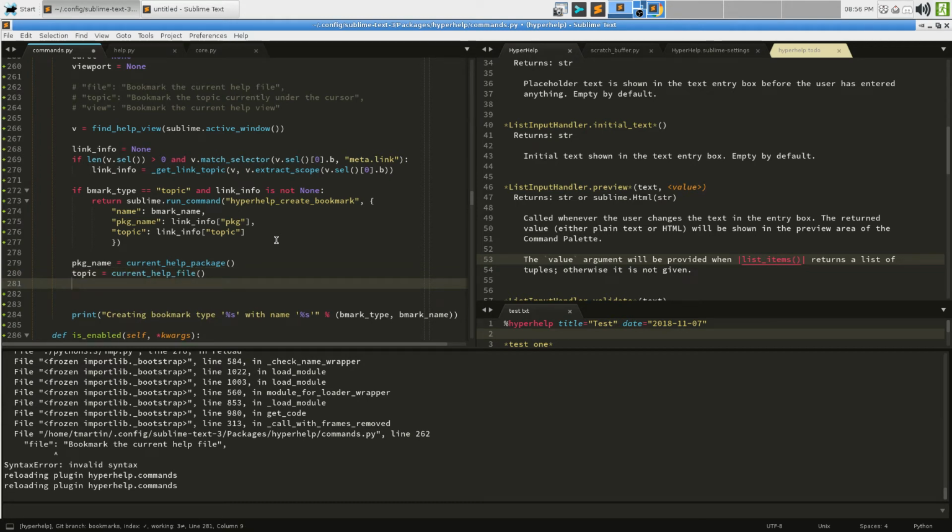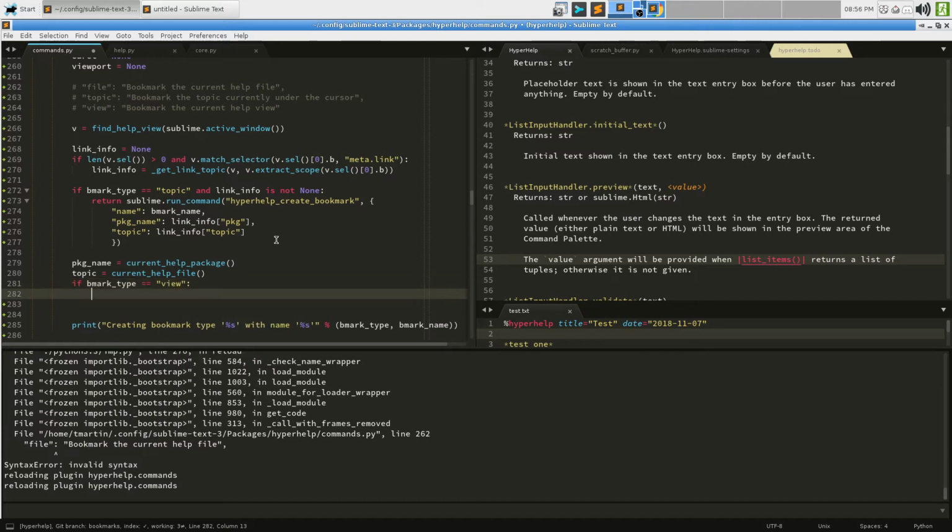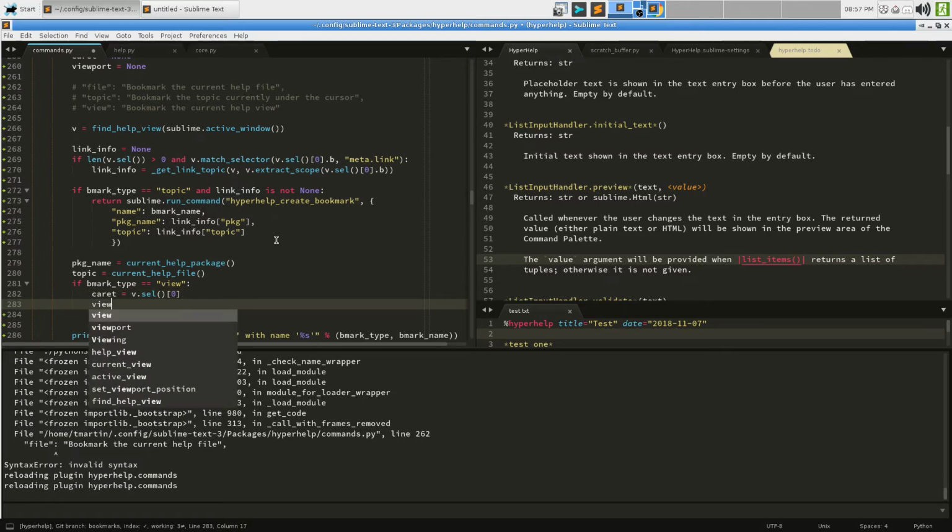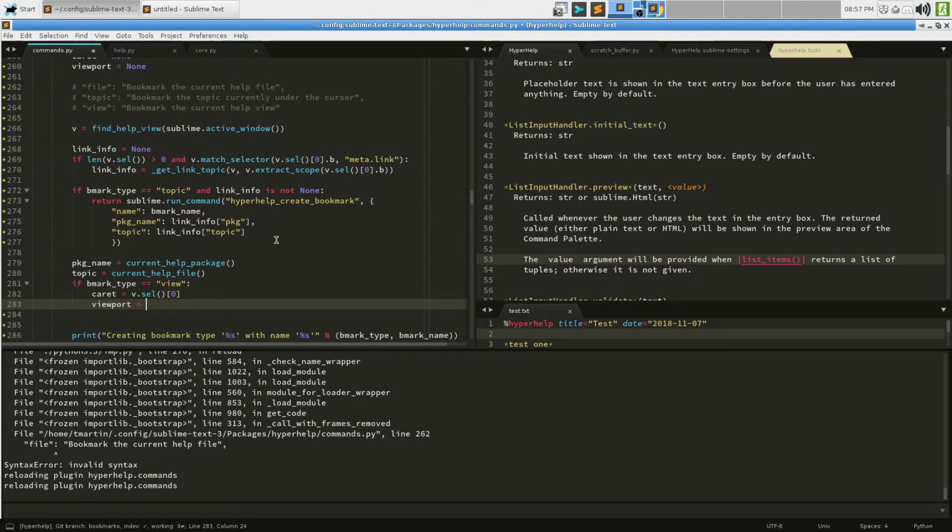And then we can say, if bookmark type is equal to view. In that particular case, then caret is equal to now v.cell 0. And now that's not necessarily correct at the moment, and viewport is equal to